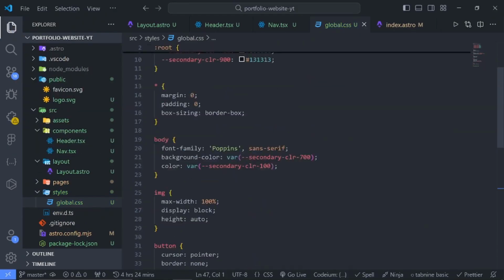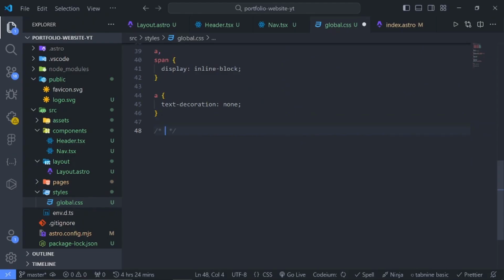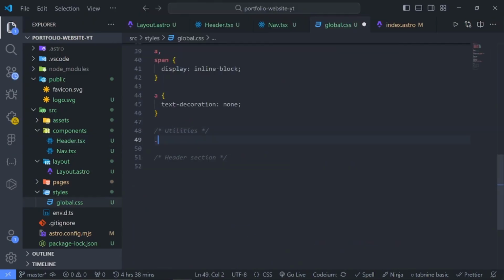All right, cool. So I believe those are the global styles. If we come across anyone, we just add it right here. So we also have some utilities as well. I will just leave this now, and as we are styling the header section, we'll come back to it. Or instead, if we come to the header section now, see that we'll have this container right here. So you can just come here and say container,